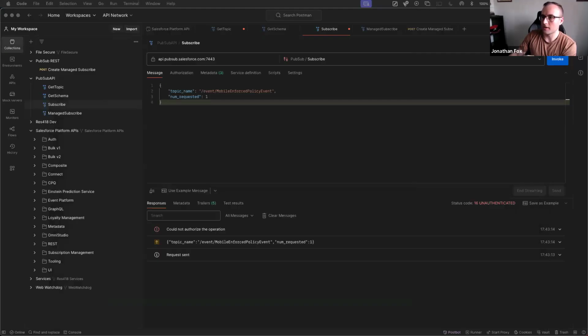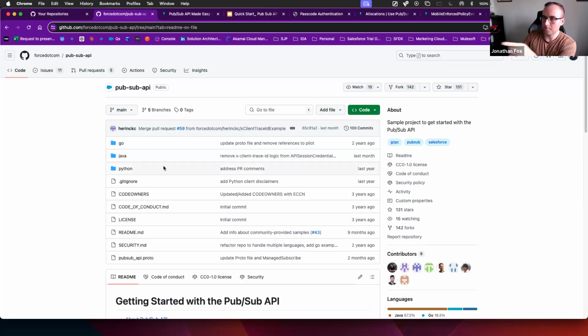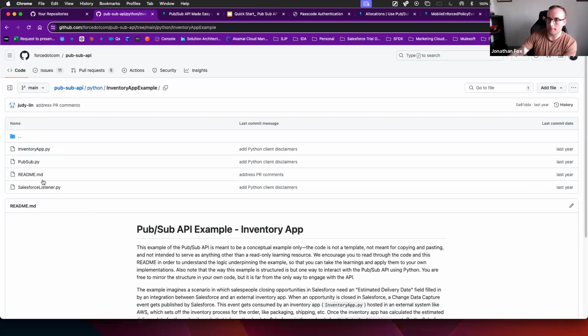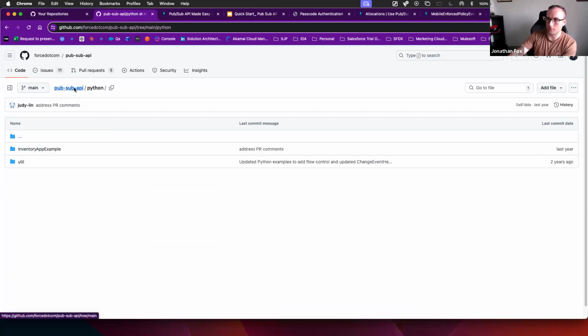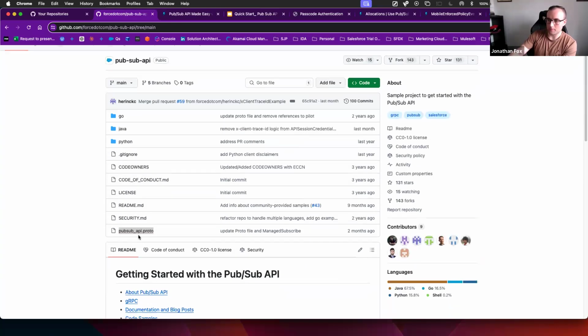These 2 files are available. If, for example, you're wanting to build a Python PubSub application like I have, you'll be able to go into the PubSub API repo and grab the PubSub API proto definition.